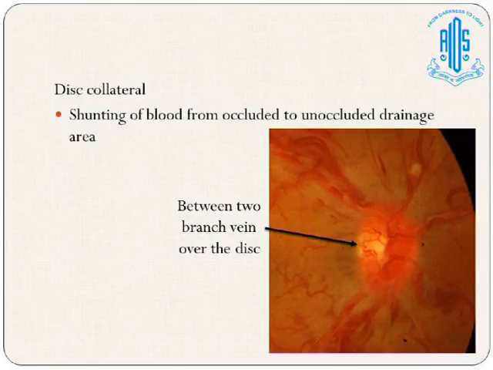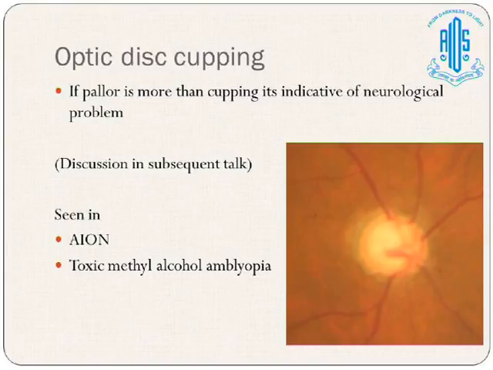Okay, the fourth point that you like to see is cupping. How to differentiate glaucomatous cupping from a neurological disorder is you look at the neuroretinal rim. If it is pinkish in color, it's more likely to be glaucomatous rather than neurological, because in neurological cases the neuroretinal rim looks pale. The causes for optic disc cupping with a neurological cause are AIONs and, in case of toxic methyl alcohol